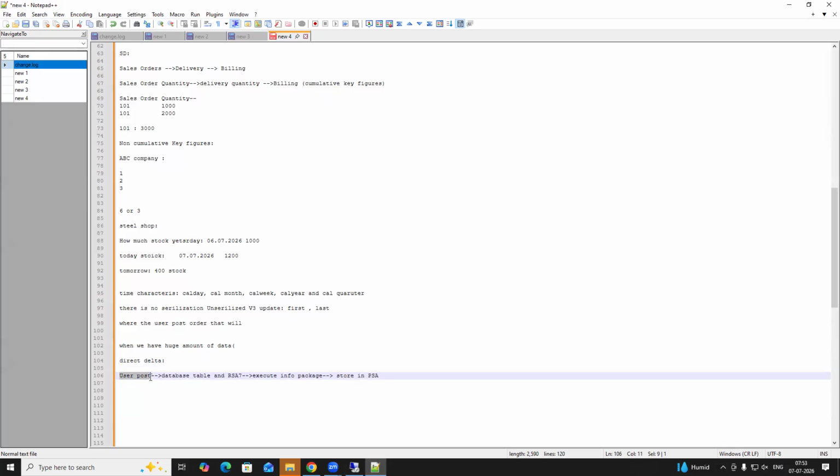The user will post the sales order, that will be stored in the database table. Database table means what? Maybe VBAK or VBAP. It will be stored, and also in RSA7. It will be stored in RSA7 for direct delta. And then execute the info package, the data will come and be stored into the PSA. This is the sequence for direct delta. Directly it will sit in the RSA7 parallel. And for the same thing,